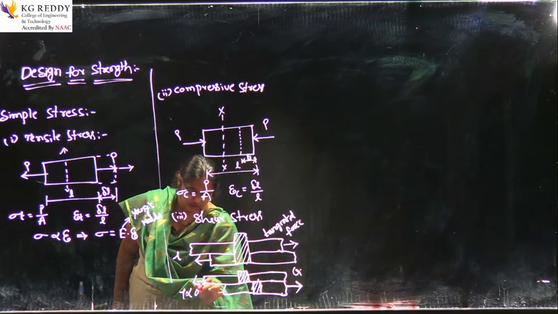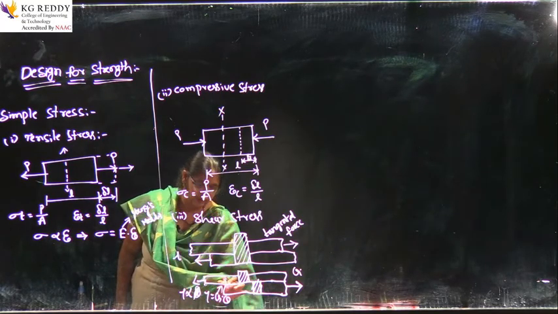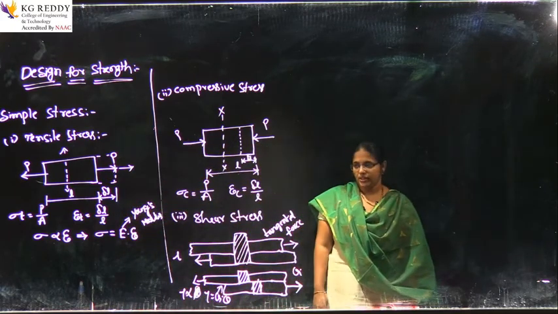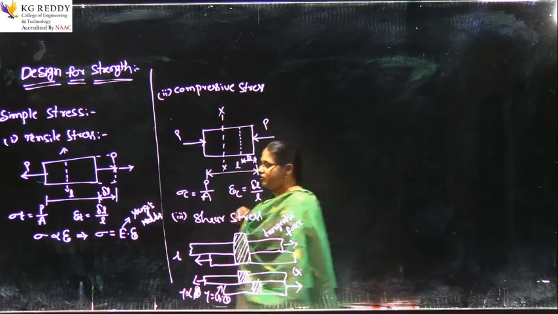Therefore, tau is equal to G into theta, where this G is what we call the modulus of rigidity. So, these are the different stresses, called simple stresses, which we are going to apply